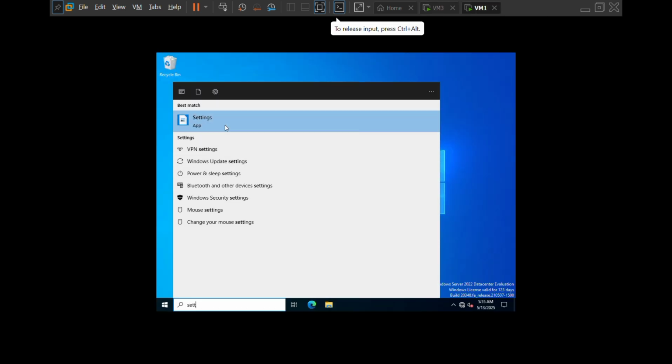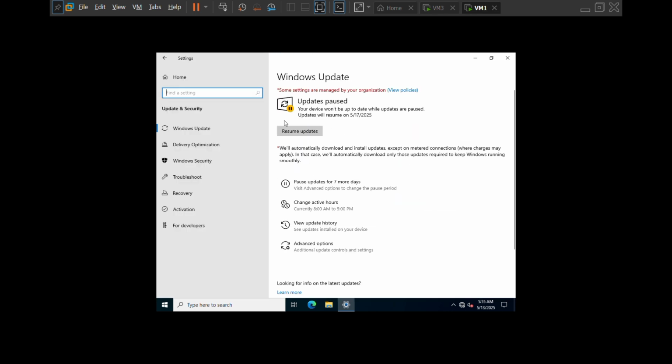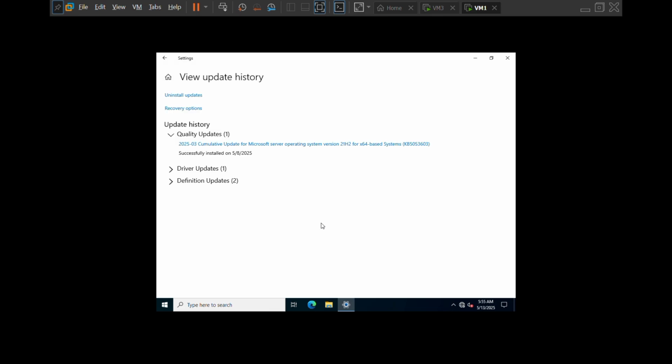Finally, I ensure my server is protected by applying security updates. So I go to Settings, Update and Security, Windows Update, then check for updates, and as you can see here, you can see the update history, where I installed a dozen critical security updates.